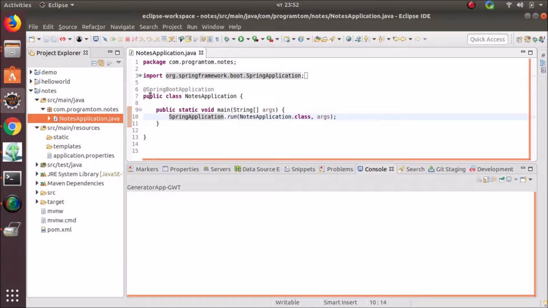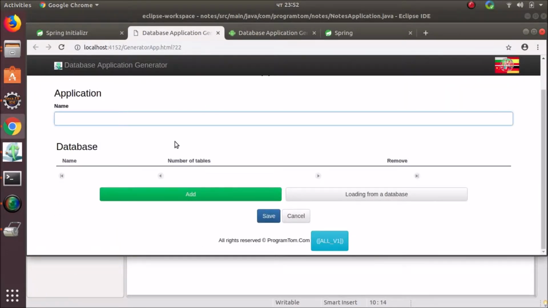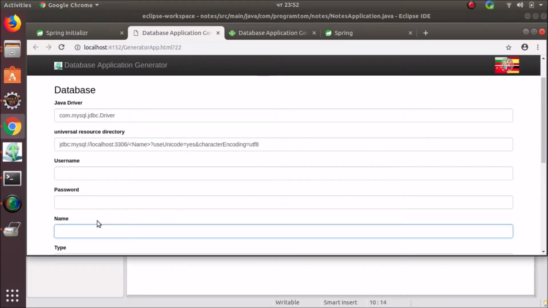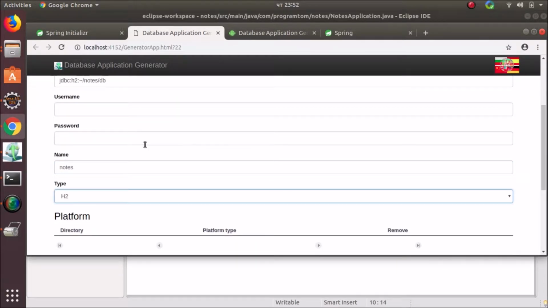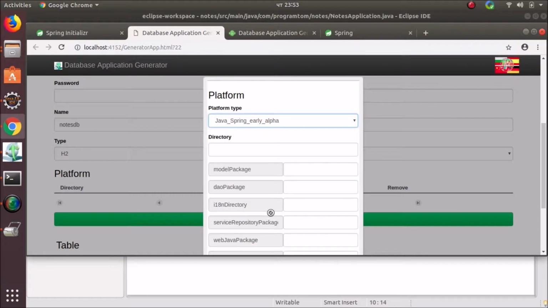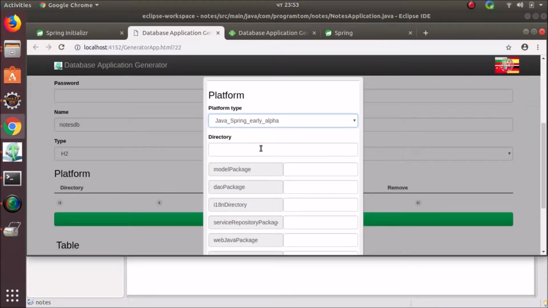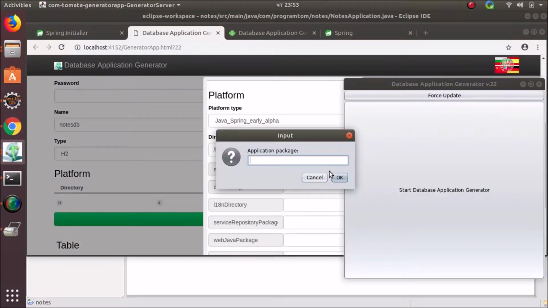What I'm gonna do is create a node model in my database application generator tool. Nodes. I'm gonna switch to H2 database. And I'm gonna add Java Spring early alpha, and I'm gonna copy this directory, the root of the project. After switching out of this field, it asks me for application package, because my tool can't find any subdirectories in the project I have entered. So I'm gonna type in com.programtom.nodes,